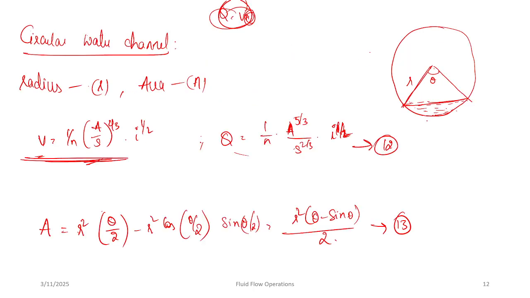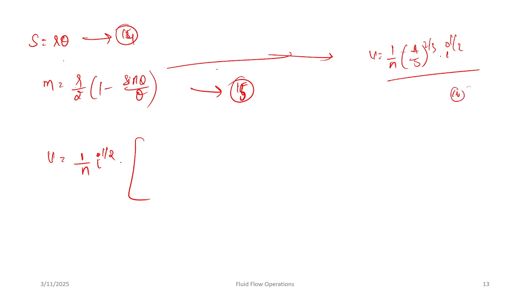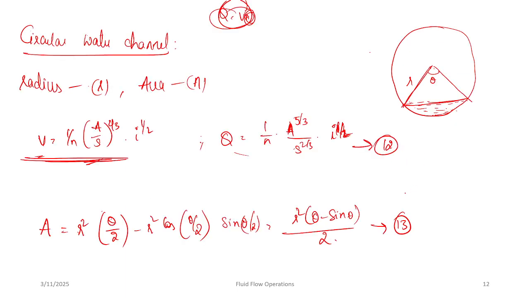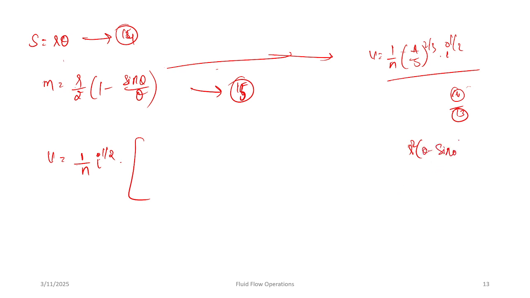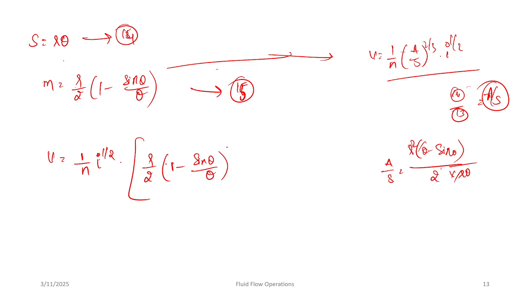So let's divide these two equations, 14 by 13. We'll get R square into theta minus sine theta by 2. So this will basically give us A by S. So A by S will be equal to R square into theta minus sine theta by 2 by R theta. So R gets cancelled out and we will be left with R by 2, we can also divide it by theta. So this will become 1 minus sine theta by theta whole power 2 by 3. And similarly,